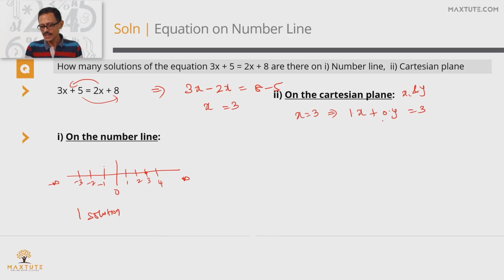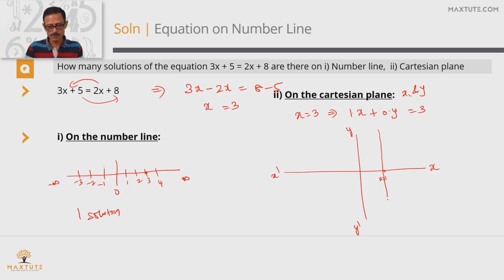Now this 1x plus 0y, any ax plus by equals c, represents a straight line. Let's check out what straight line this equation represents in the Cartesian plane. So let's draw an xy plane. x-axis positive direction, x-axis negative direction, y-axis positive direction, y-axis negative direction. 1x plus 0y equals 3. The coefficient of y is 0. Such a line will be parallel to the y-axis, and it should carry a value of x equal to 3. So it's going to pass through the point (3, 0). So this is x equals 3. It's a line parallel to the y-axis.